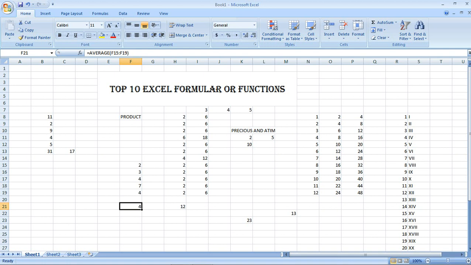You know why? 5 times 2 is 10. 5 times 2 again is another 10. So that makes it 20. So average simply means the total numbers divided by the number of occurrences. That simply means average. So let's do it for this. For instance, for example 2, equals